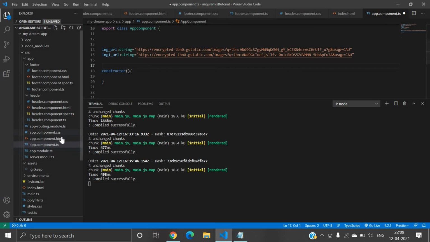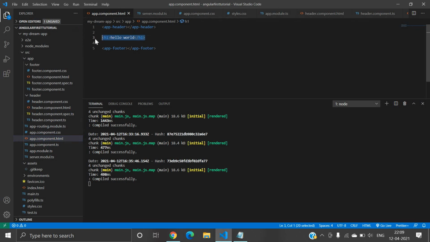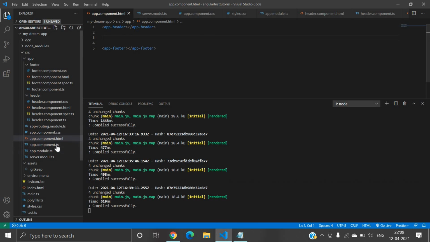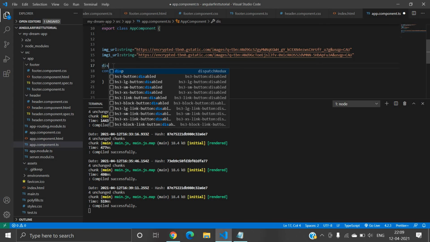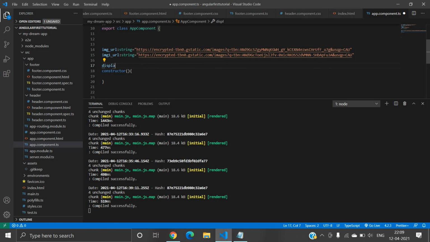First of all, I will create a property for the ngIf structural directive. I will write a property named displayImage. I hope you already know that the ngIf condition also works on boolean data types, which means it will return true or false. So I will set the boolean data type here and write